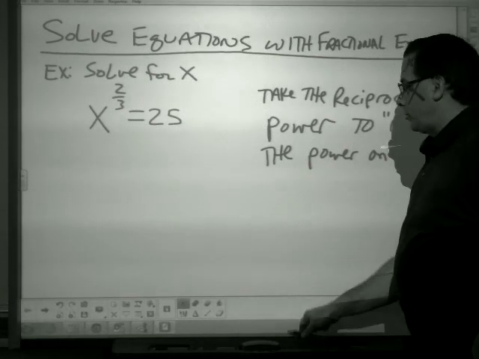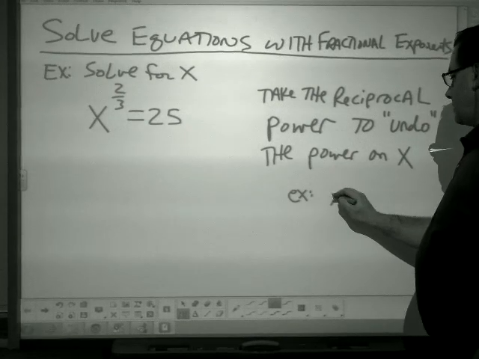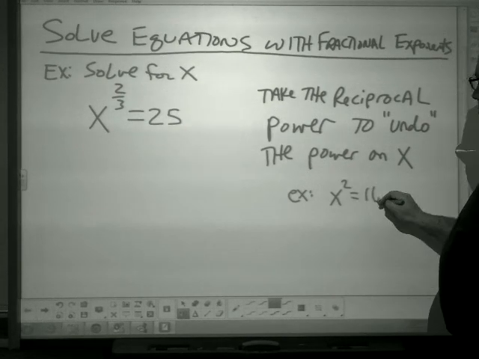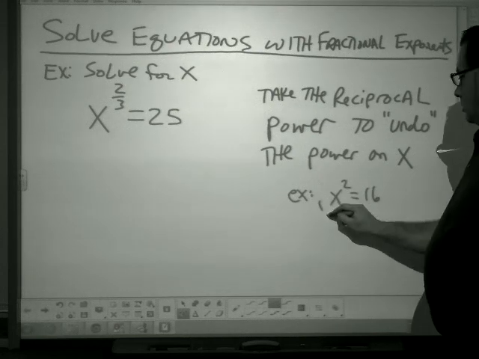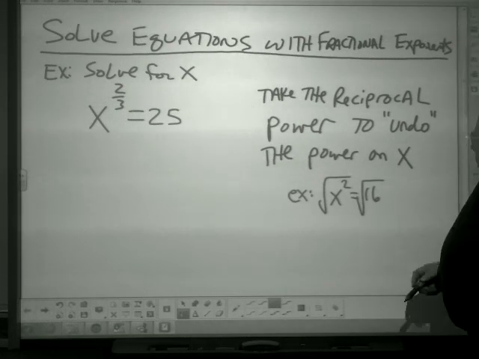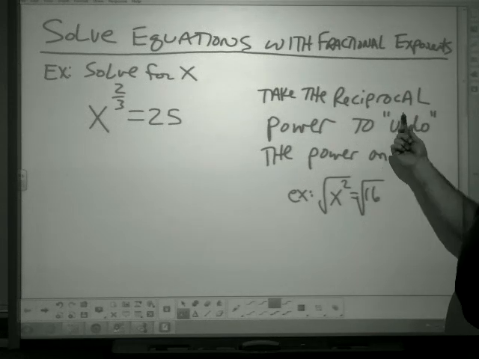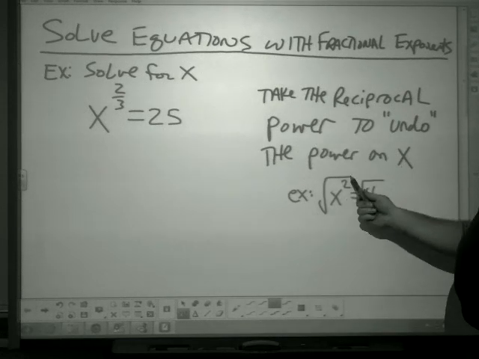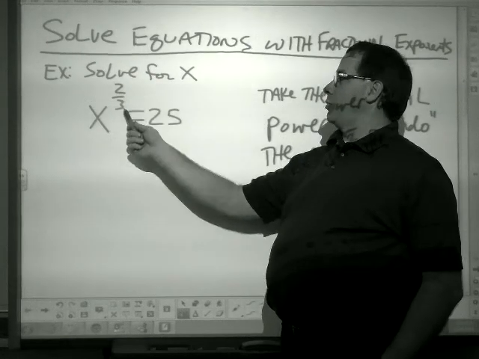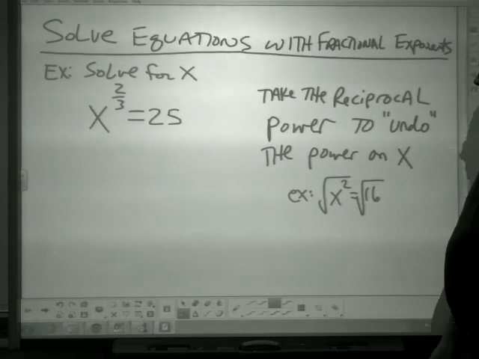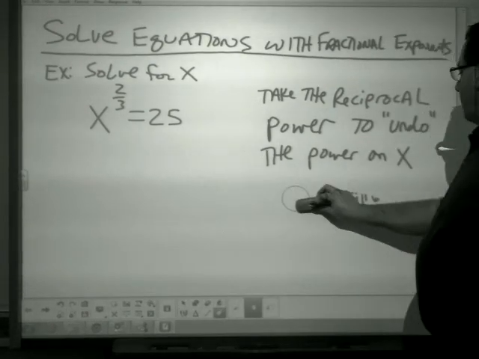So, for example, if I had x squared equals some number, we remember that we would take the square root of it. Well, taking the square root is really undoing the operation, but we're going to take a look at it in the sense of a fractional exponent. Okay? So, what do we do? We take the reciprocal of the power